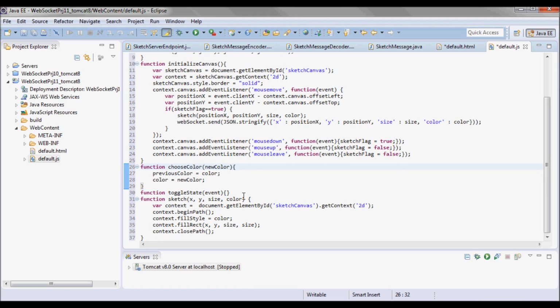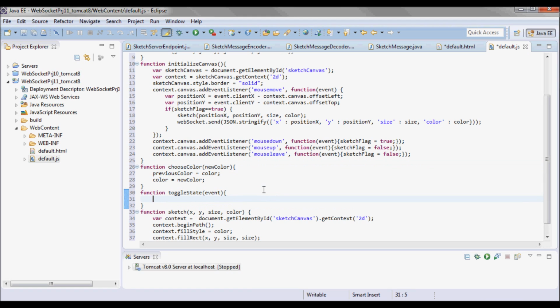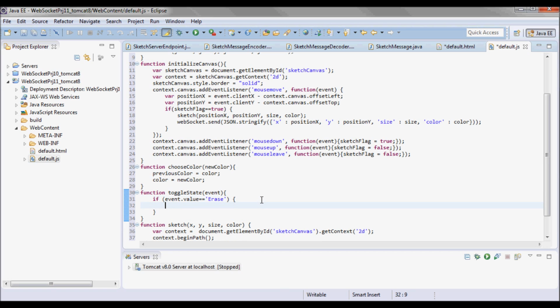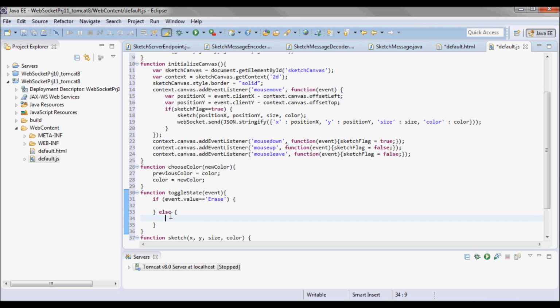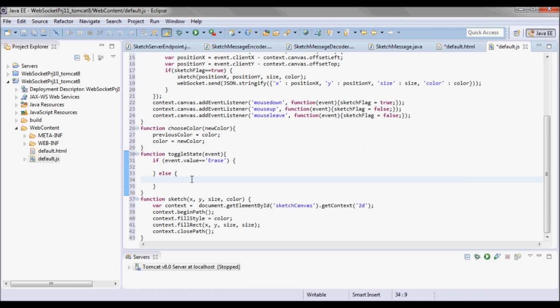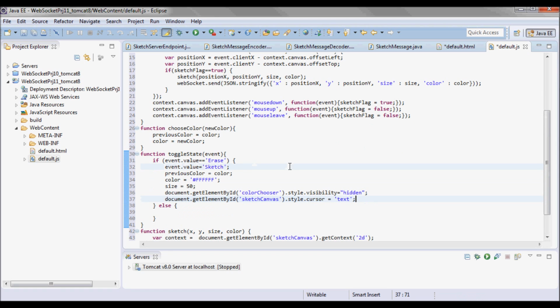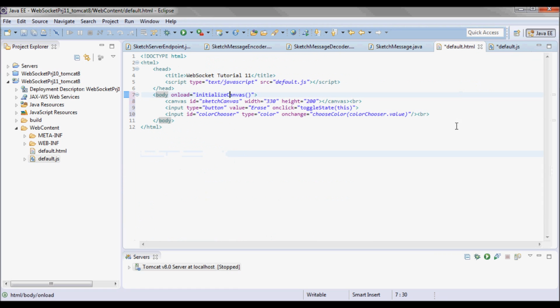And finally, for toggle state, we will have 2 cases. If event.value is erase, or if it is sketch. So if it is erase, event.value will be sketch, and by event I actually mean the button.